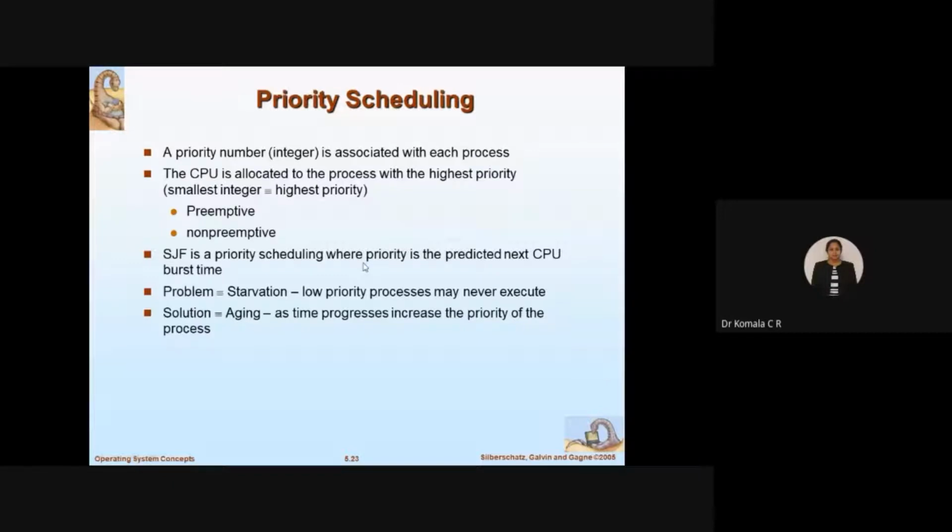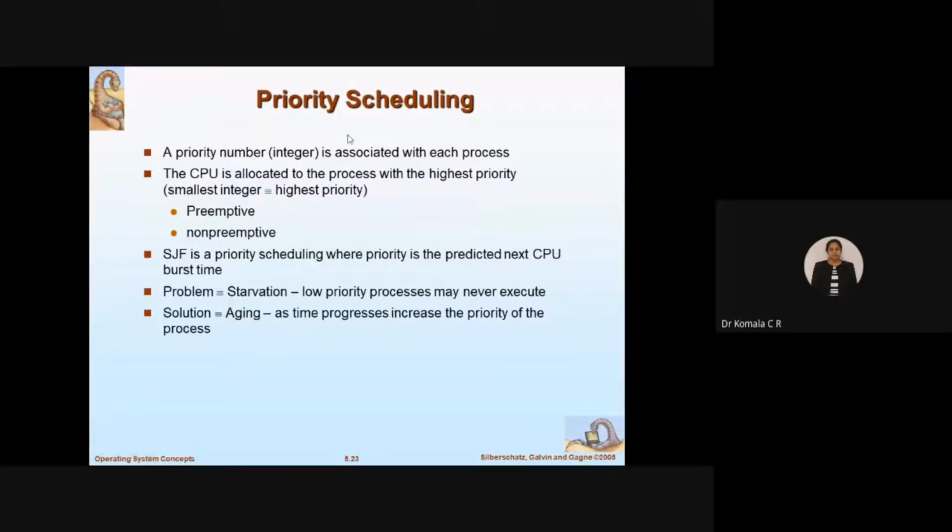I used to calculate each and every time when processes arrive, maybe at the end of a slot, or at the second slot, at the third slot. I used to check which processes had arrived at that particular instant of time and what the remaining time of each of those processes was. Whichever had less time, I used to take up first, fine? That is how I used to predict and decide the priority for each of those processes in case of SJF. The same thing here, how will I do it in priority?